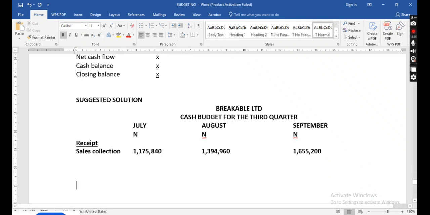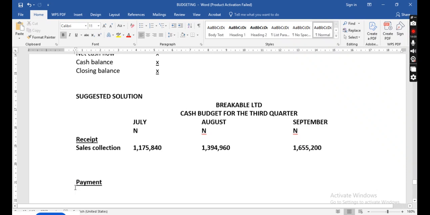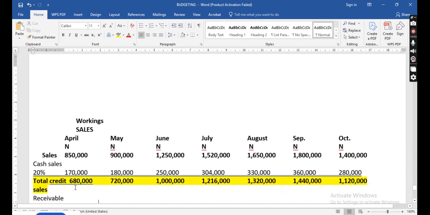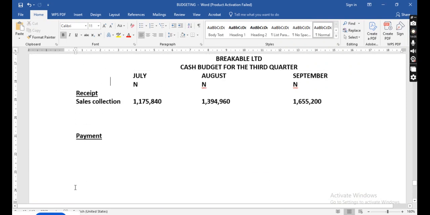The next one is an outflow, which is payments. You could say this is payments, or cash outflow. Cash outflow or payments. This receipt could be your cash inflow, class. Now, let's just leave the space for the purchases. Come back to it at the end of this class, hopefully.